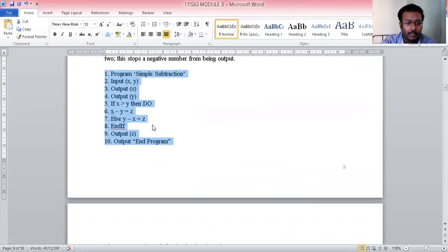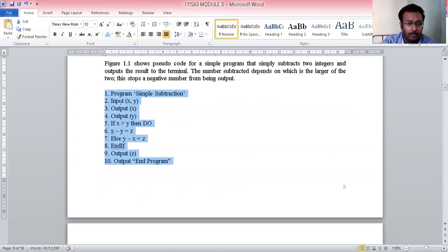So it has one input statement that reads x and y, two output statements, and one if statement. If the if statement is true, the first part, statement 6, will be executed, otherwise statement number 7 will be executed. Then we end the if statement, print the value of z and finally stop the program.